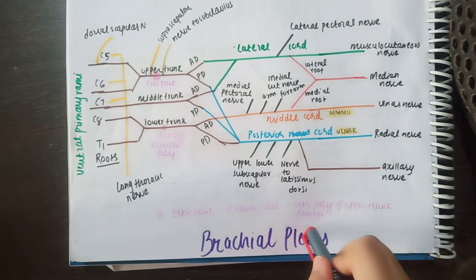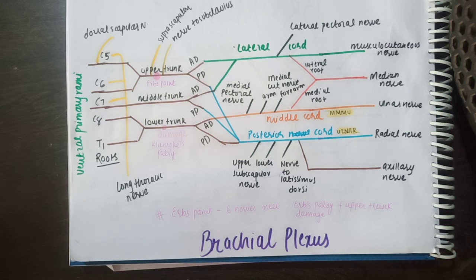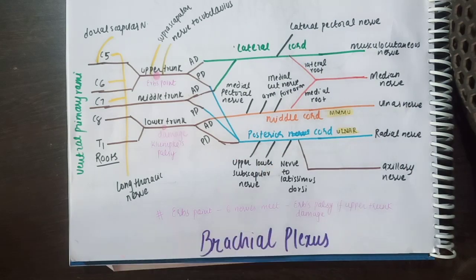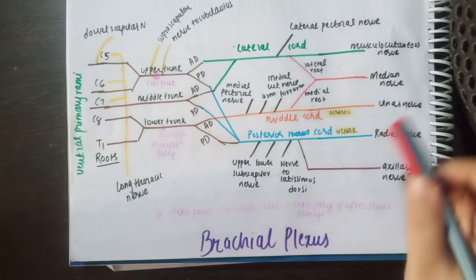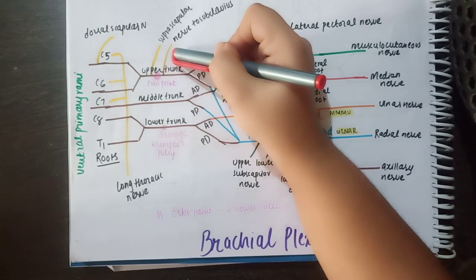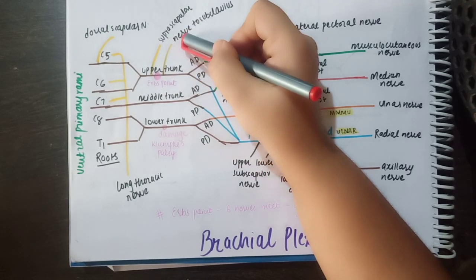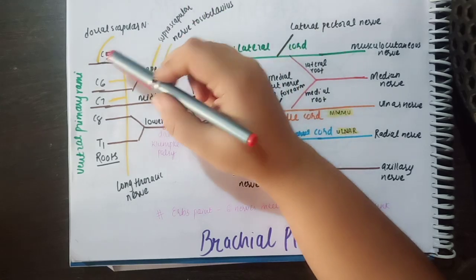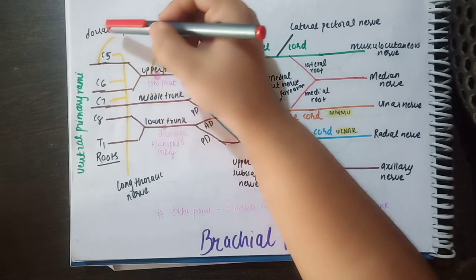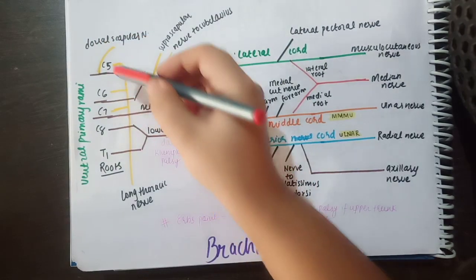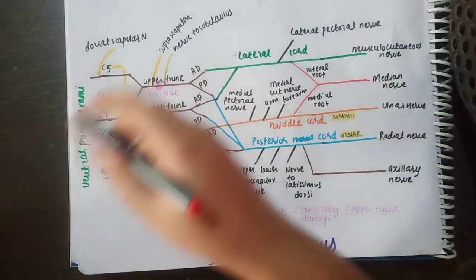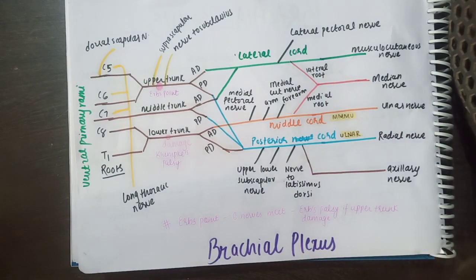The main branches are 5, as I have shown in the previous page. There are 5 main branches, but these are the other additional branches that you can see in the lateral, medial and posterior cord. Now here, as you can see, I have extended 2 branches from the upper trunk. Now these 2 branches are suprascapular nerve and nerve to subclavius. And from C5 there again arises a branch that is dorsal scapular nerve, and C5, C6, C7 combine to form the long thoracic nerve.